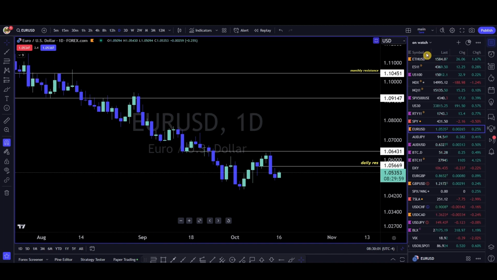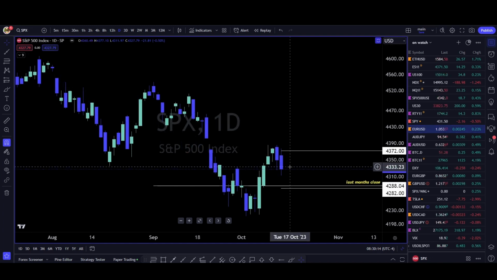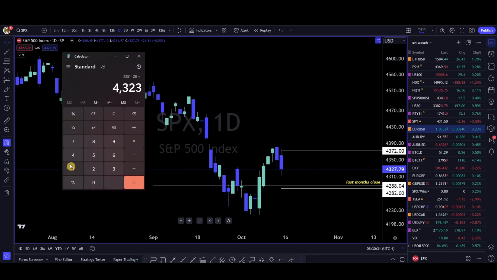I have drawn out your expected move for the S&P 500 yesterday. The implied volatility was higher yesterday, even though it was a day off. The implied volatility was $35. Today it is $28. So they are expecting a $28 move for today. So they have brought the implied volatility down. So if we go to 43.27 and we add $28 to that, you're going to have 43.55. So that would drop this by almost 20 bucks.